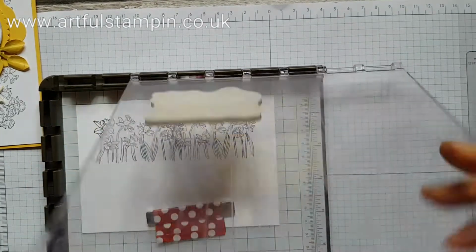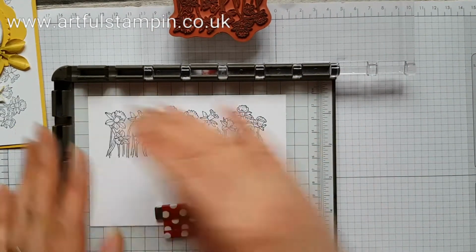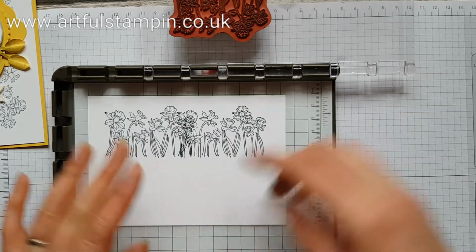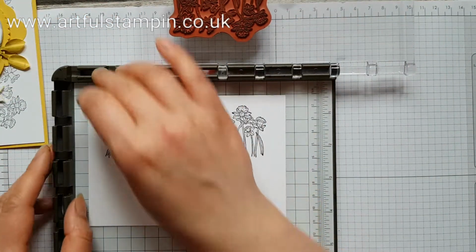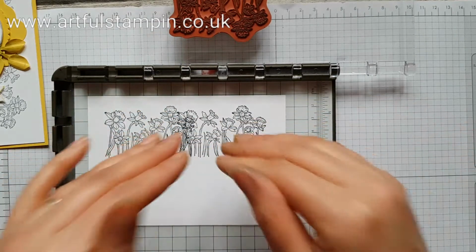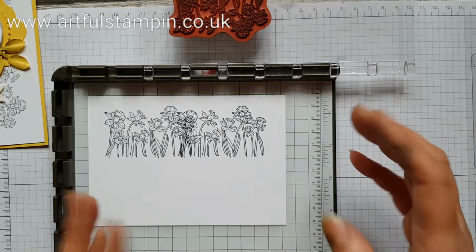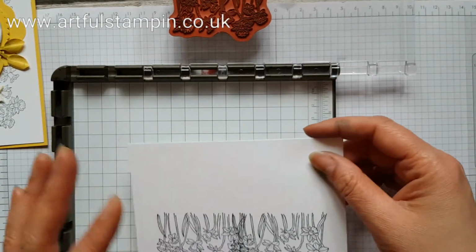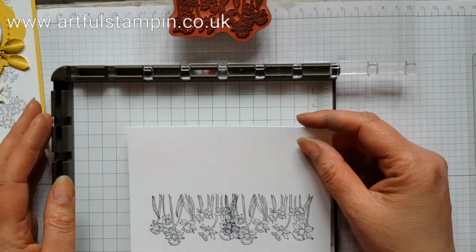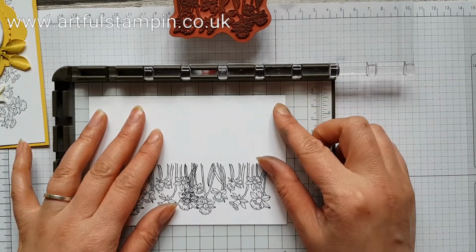Now you may be wondering why I don't have the paper right up into the corner. That's because sometimes we find that with stamps that are placed too near to the edges here, you have to press extra hard to actually get them to connect really well. So it's better just to do it this way, and then you know you're going to get a really good impression. So I'm just going to turn my cardstock round, place it again in there,